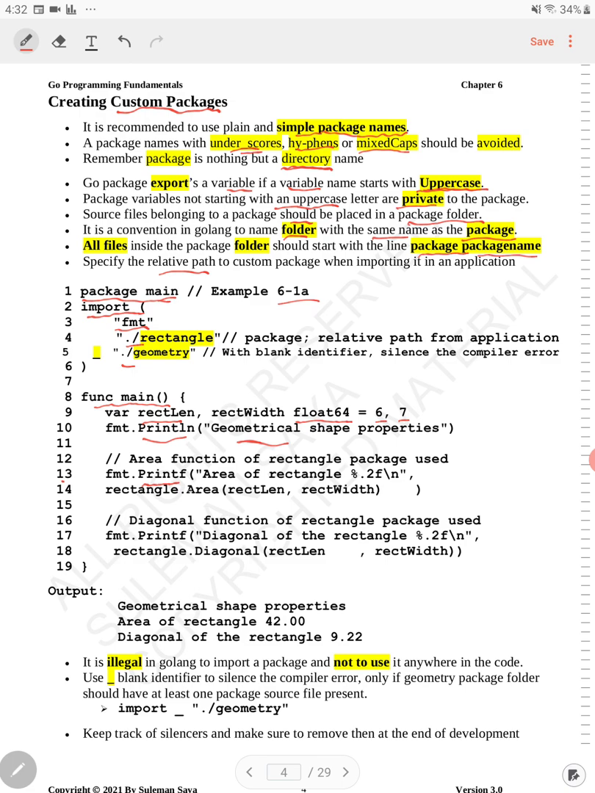So within the parentheses for Printf, we are using this rectangle.Area. So rectangle is this package name, and .Area is the function that we will see in a minute. It is a part of the package, and this Area function is taking two parameters, rectLength and rectWidth. Okay, and then at line number 17, again